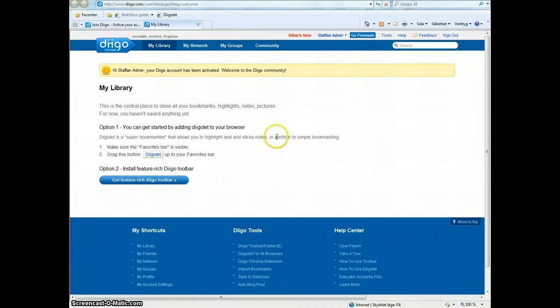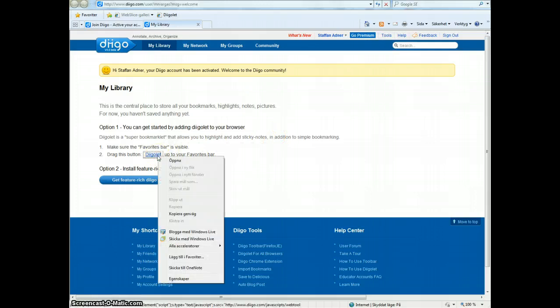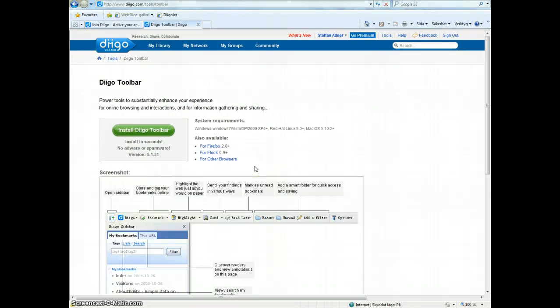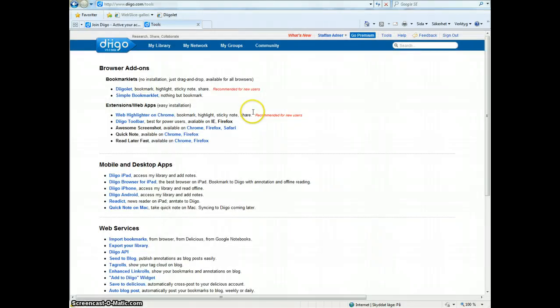install the Diigolet, and you do that by, let's go back. You press tools. You can do it the way I did it, or you can just go up here, you press tools, and then you go to Diigolet, you press Diigolet,